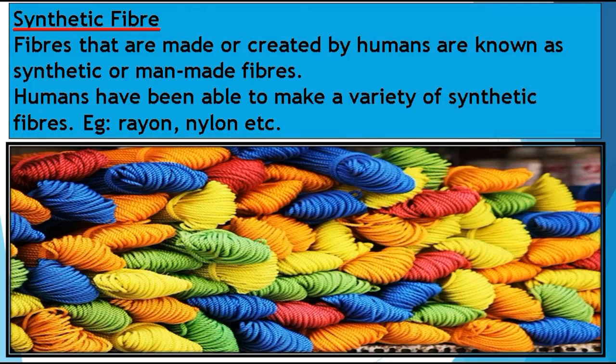And students, there is one more important point that you should know: polymers are also found in nature, and the best example is cellulose. Cotton is a polymer called cellulose, and this cellulose is made up of a number of single units called glucose. Now let's move on to the next slide.